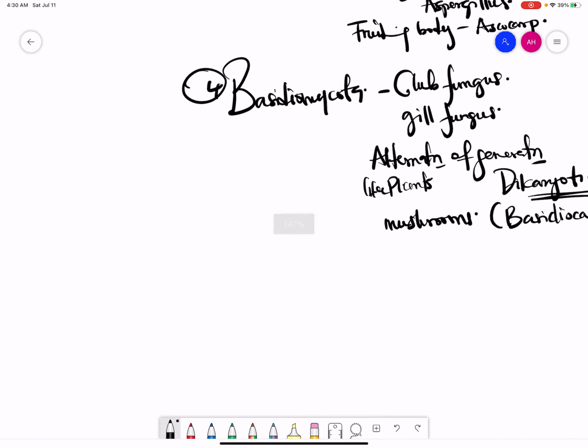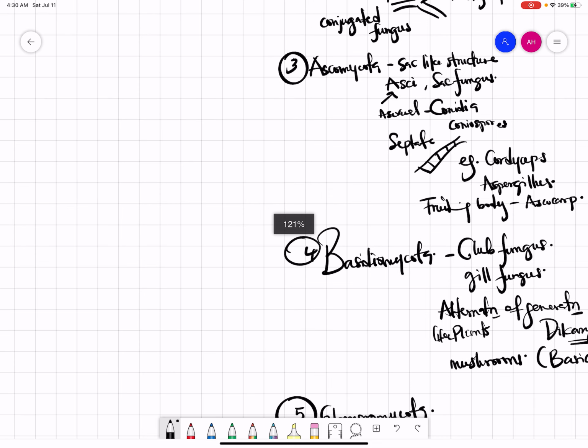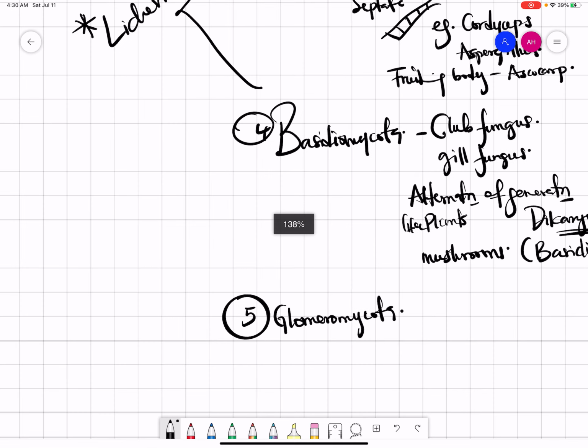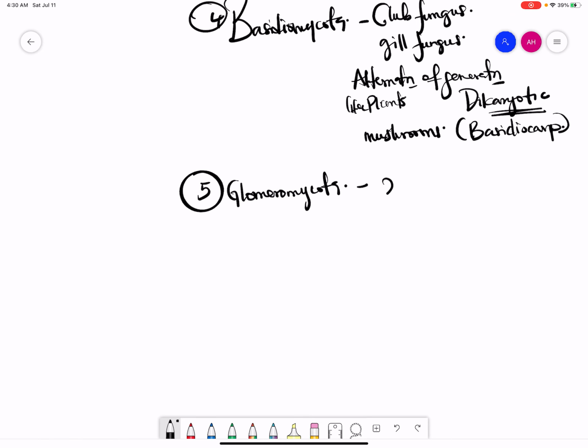And then finally we have the Glomeromycota. Now, before we talk about the Glomeromycota, I just remembered that both Ascomycota and Basidiomycota are great at forming lichens. So lichens, which are mutualistic organisms formed between an alga and a fungus, the fungus part of it can be Ascomycota or Basidiomycota. Okay, now Glomeromycota, which is our last group, contains about 230 species, and they have what we